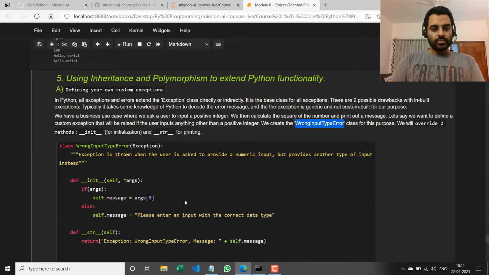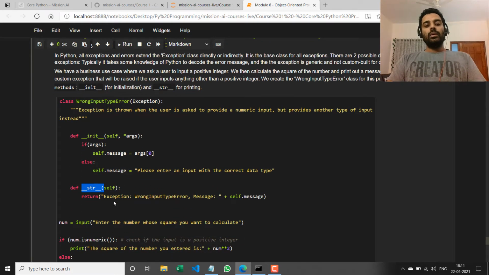Okay. So the exception class has its own init method, it has its own string method, right? So init you already know is a constructor, right? The string method is basically the double underscore prefix and suffix with string in between. That is the method that tells Python what to print if this particular object is passed to the print function.